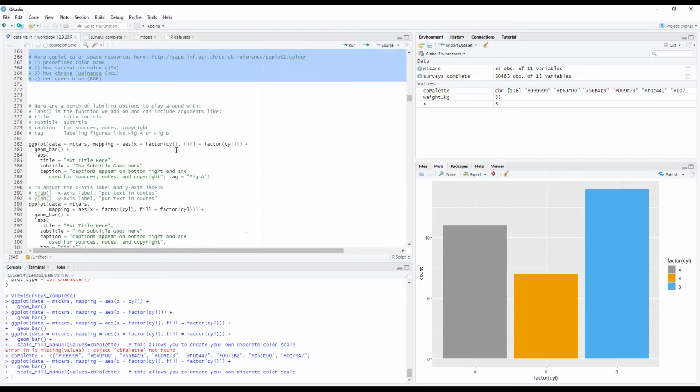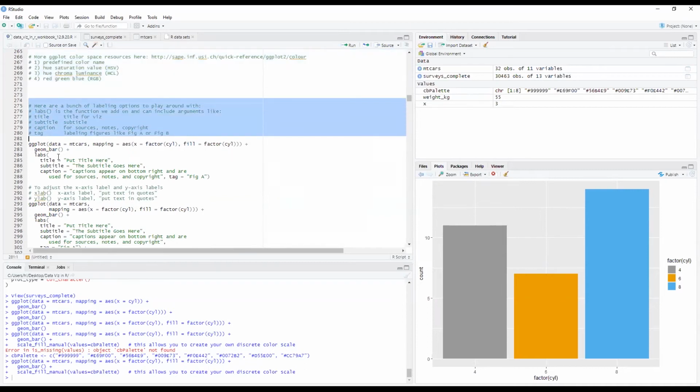There are a lot of labeling options as well in R. You can label different things: your x-axis, your y-axis, your title, your subtitle, captions, things like that. Here, I'm just showcasing some of these options. This is in a function called labs, which stands for labels. Within labs, you can specify several arguments: a title argument, a subtitle argument, and a caption argument.